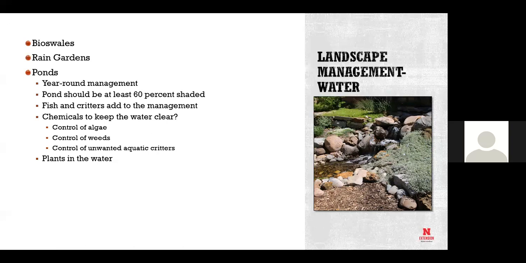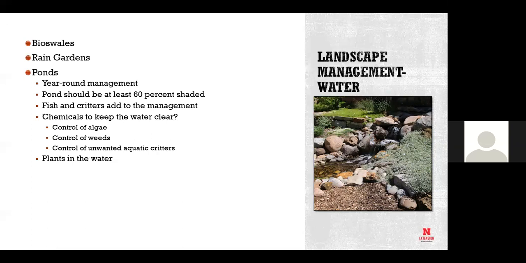So Terri is essentially pond manager for our Kime Hall pond, and we started with chemicals. Well, we tried not to use chemicals. However, our pond cannot be 60% plus covered because we do have critters in our pond, and our critters eat anything that we put in there to shade the water. And the trees aren't big enough. Sooner or later. And they probably, hopefully, will never be big enough before I'm gone. Somebody else is going to have to haul them out of the courtyard when they die.